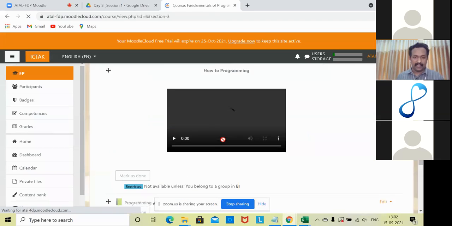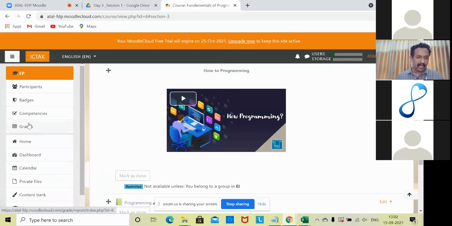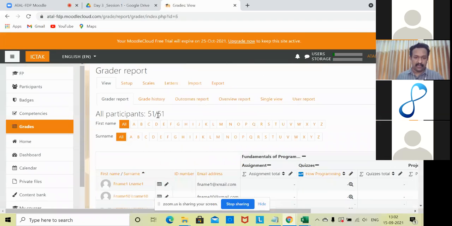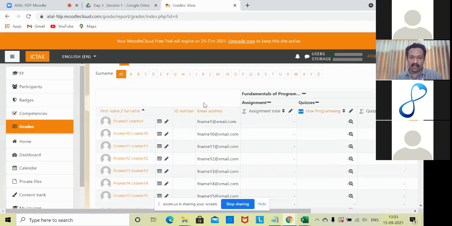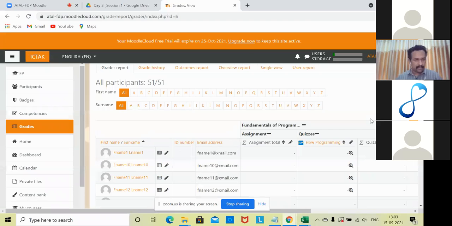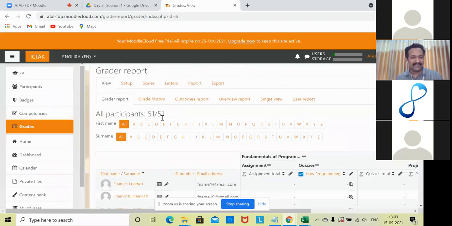What will happen is, now you can move to the grades of that particular course. You can see that if you are taking the assignment quizzes, one item is listed. Likewise, you will be exploring more on the activity side from this afternoon onwards. Whatever things we map over here will get added automatically. Earlier it was not mapped to any of the categories, but now it is mapped to a category, and you will be able to extract the total score. So you can see that this is the advantage of Moodle.